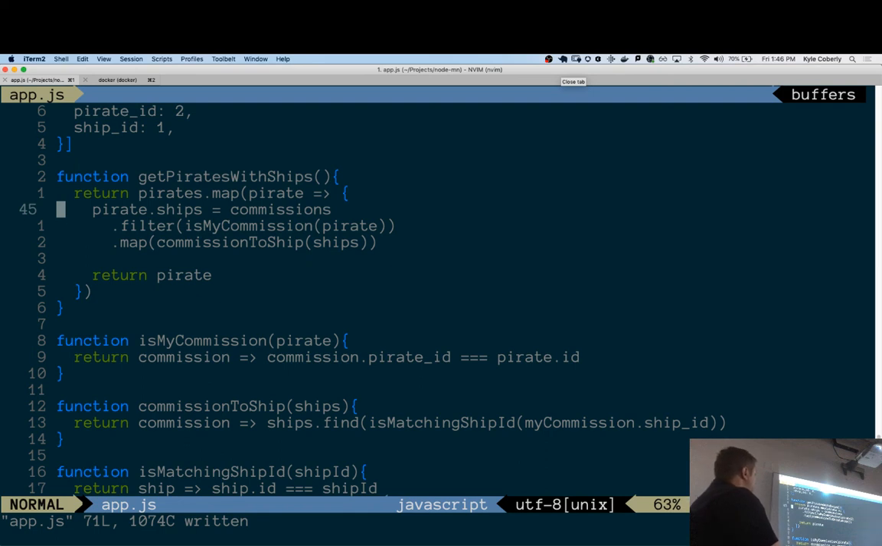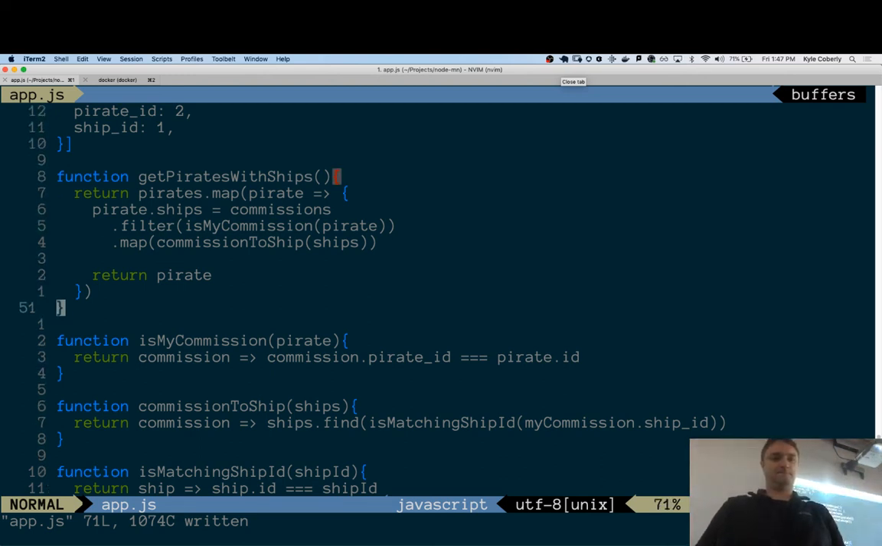Two things. From here to here, what's not in scope? Commissions is one. Ships is the other. Yep. So, we define this